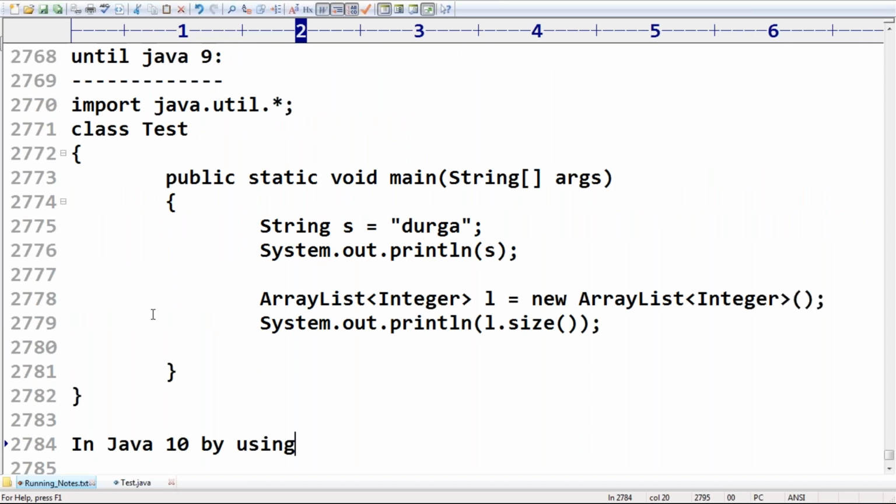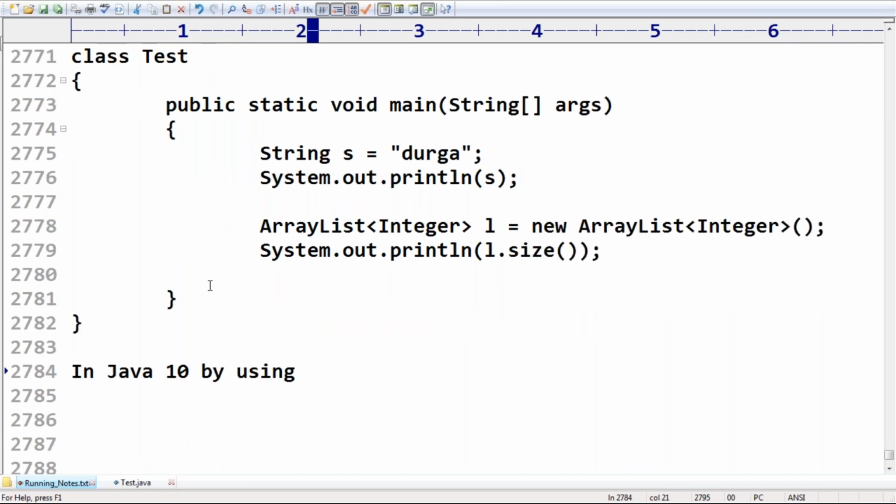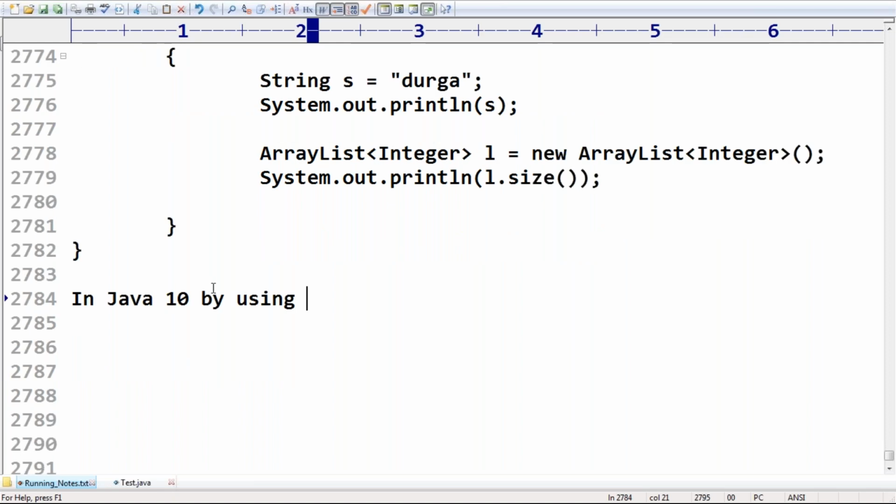by using, what is the concept? I forgot the name. Can anyone please remind me what concept we are discussing in Java 10? What concept are we talking about? Can you please spell it out, each and every person? I forgot the name. My mind has very short memory; I can't remember more than 1 minute. Please confirm what concept we are talking about in Java 10. Local variable type inference.